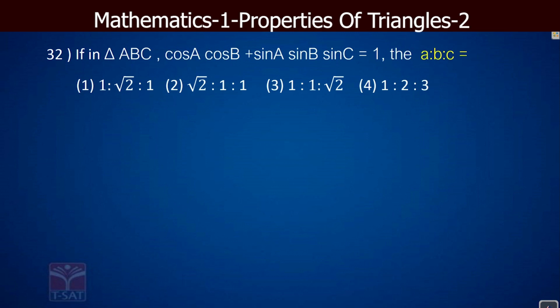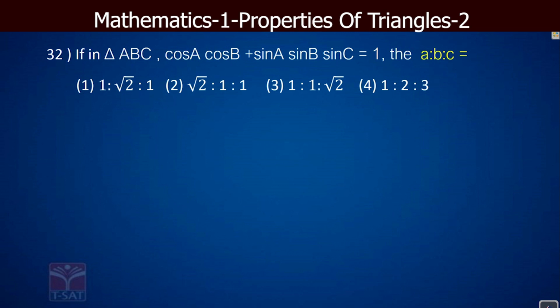If in triangle ABC, cos A cos B plus sin A sin B sin C is equal to 1, then the ratio A is to B is to C is equal to: 1) 1 is to root 2 is to 1, 2) root 2 is to 1 is to 1, 3) 1 is to 1 is to root 2,